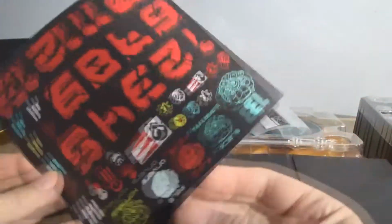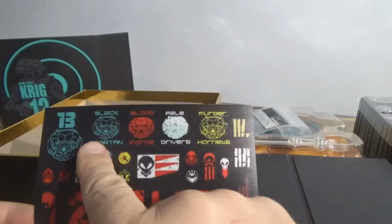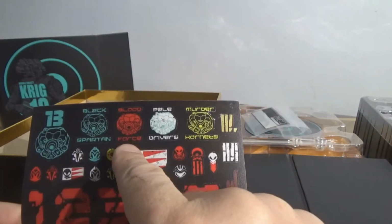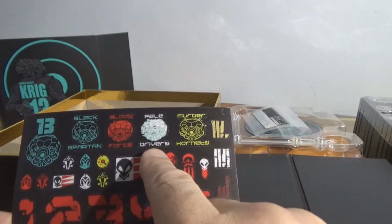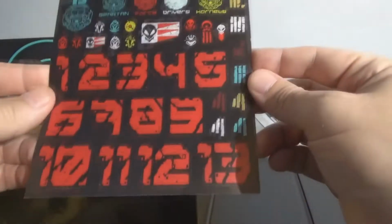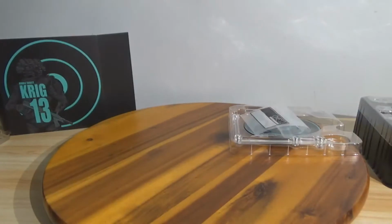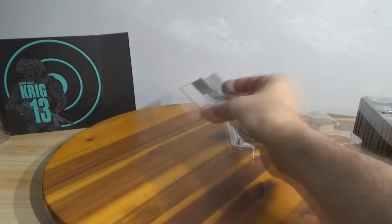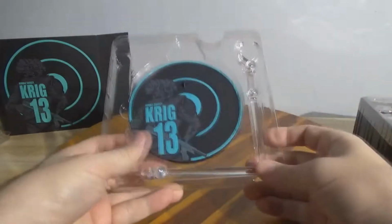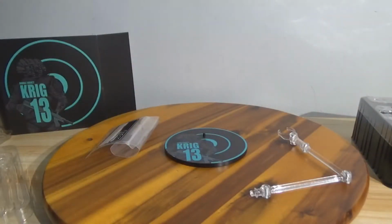It's a sticker sheet. And I guess this tells you Black Spartan, Blood Force, Pale Drivers. I guess that says Murder Hornets. Letting you know who those characters are, I guess. They're in the comic book. And I'm sure they'll make everything there. This has already been pulled apart, so I may as well just go ahead and take these out. Well, like I said, if you want to hear that whole story, I'm going to put it...